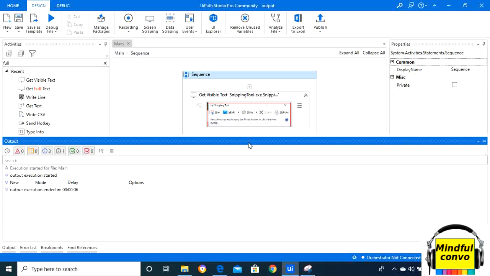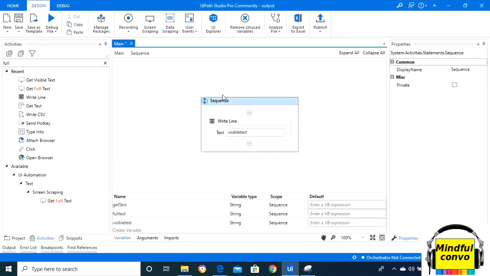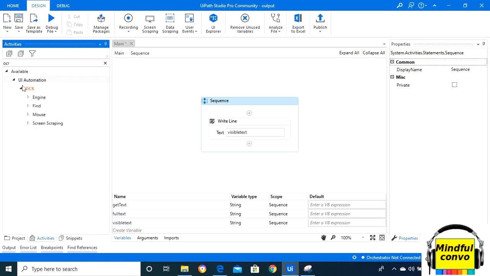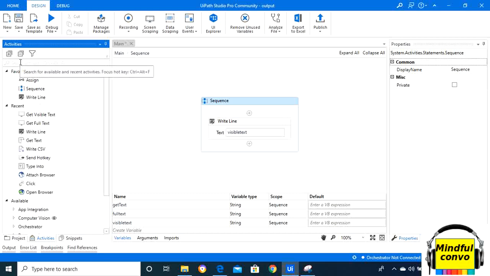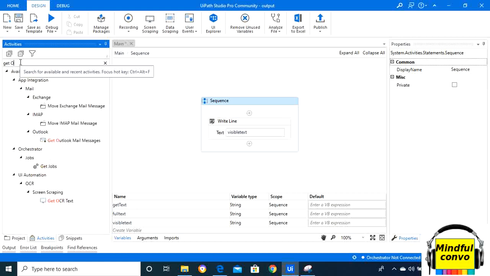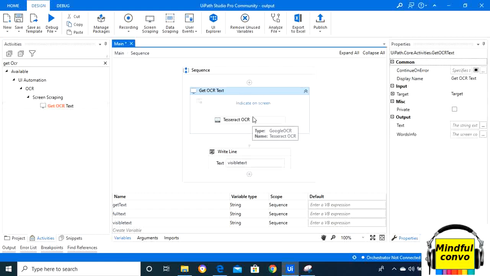Okay, so now we will take a look at the get OCR text method.